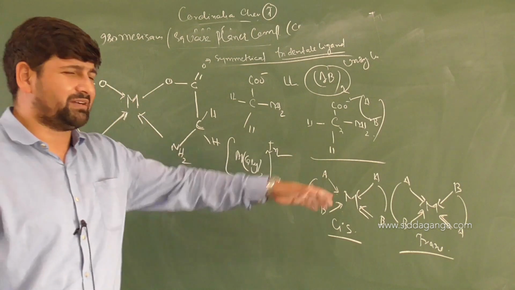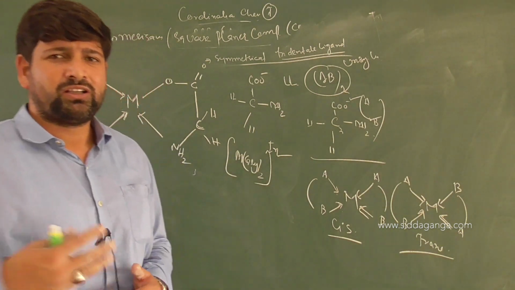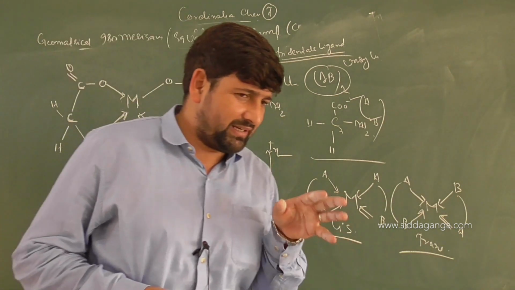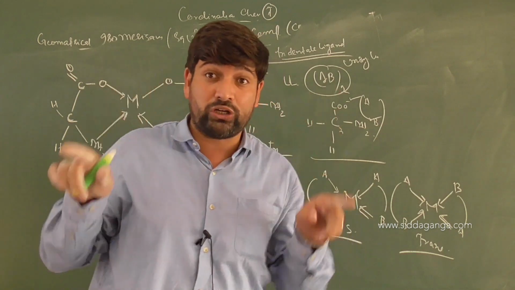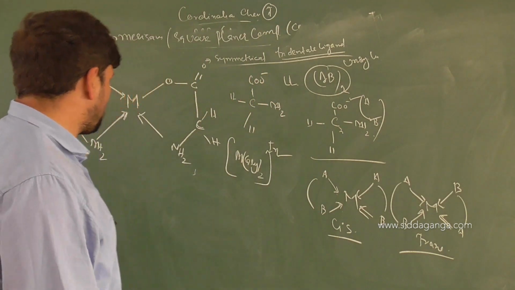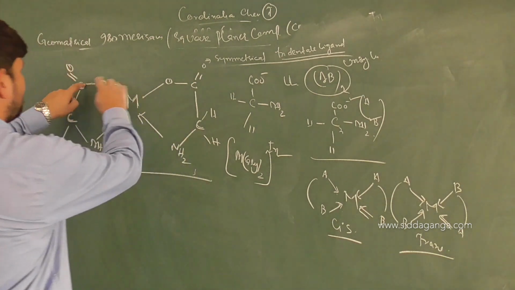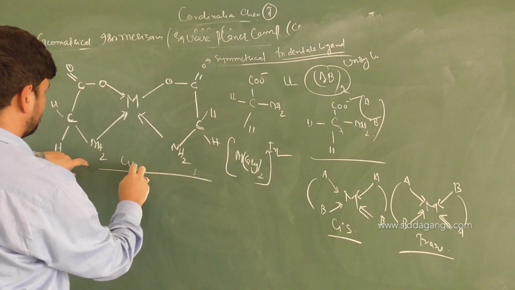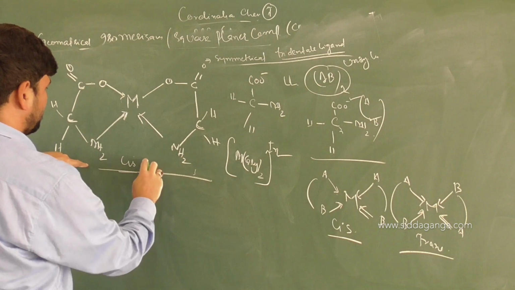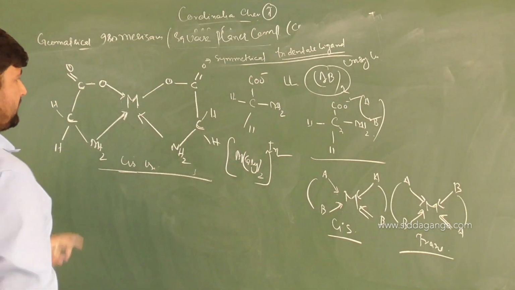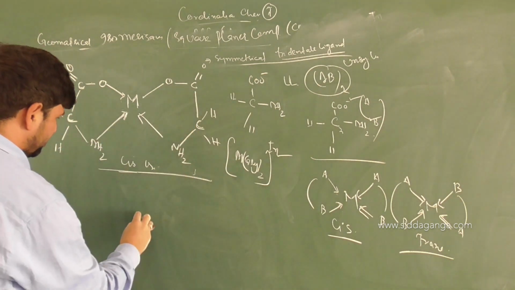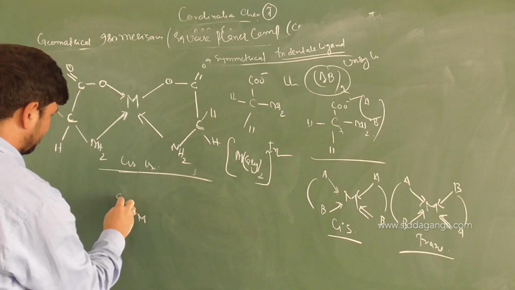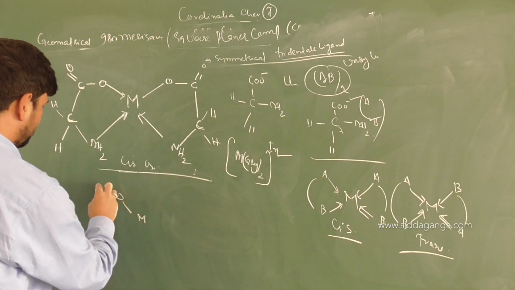We will do many examples when you keep doing coordination chemistry. There you can easily come to know whether it will exhibit isomerism or not. That's why I am taking more general cases into consideration. Right. So this will be C double bond O on the same side. This will be the cis isomer. What will be the trans one? When you rotate it out, it will be metal atom. I'll directly write now. It will be oxygen, C double bond O.